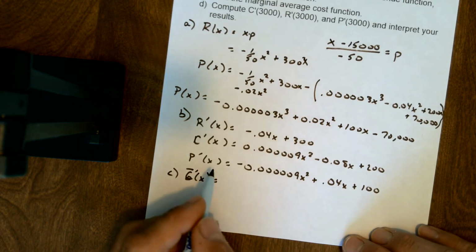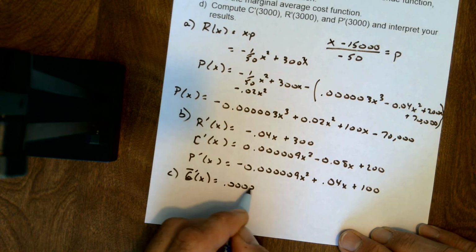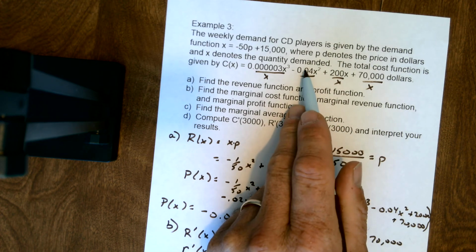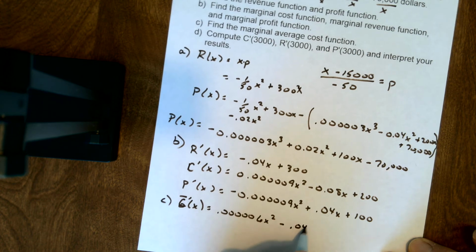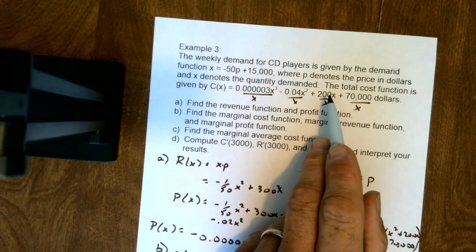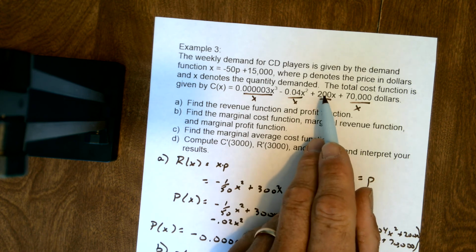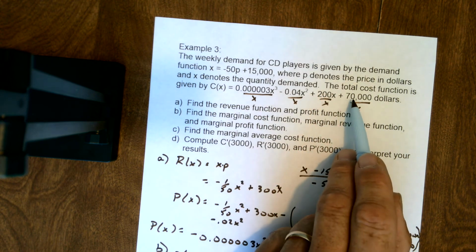We have 5 zeros, and then 6x squared, minus 400th x squared divided by x, which is 400th x. So our derivative is going to be just 400ths. If we have 200x divided by x, get rid of the x's, we just have 200. The derivative of 200 is 0. And then we have